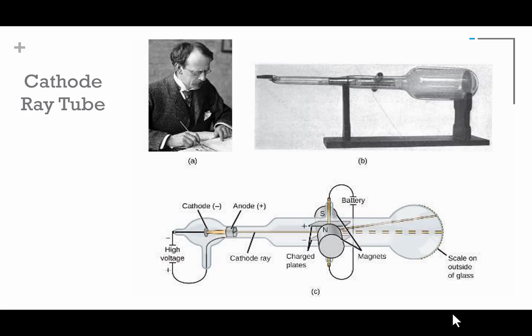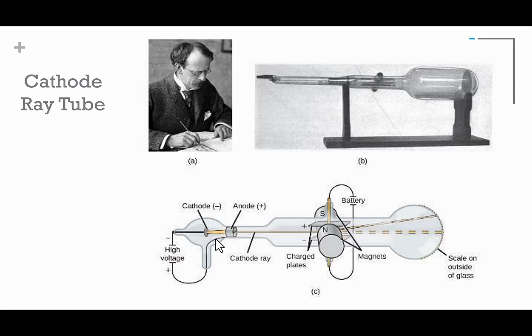What a cathode ray tube is, is the following. In a cathode ray tube, you've got some sort of voltage source, and then you've got an anode and a cathode, or a positive and negative. This is just creating some sort of separation in voltage. So we're going to take our ray, shoot it through that separation of voltage, and then out the other side is going to come a beam of something.